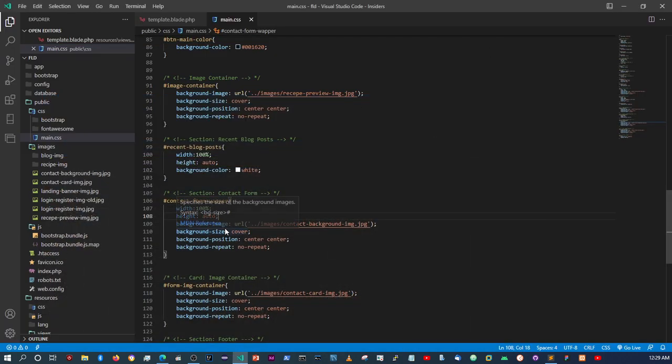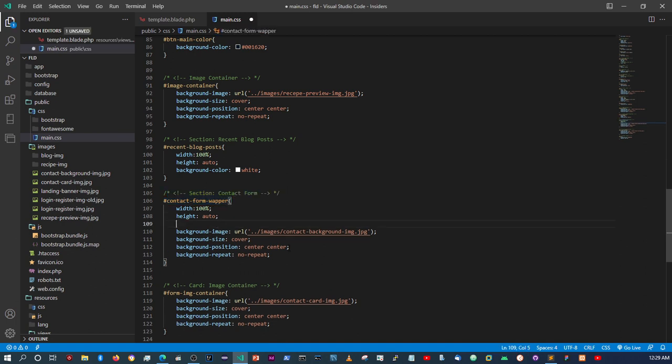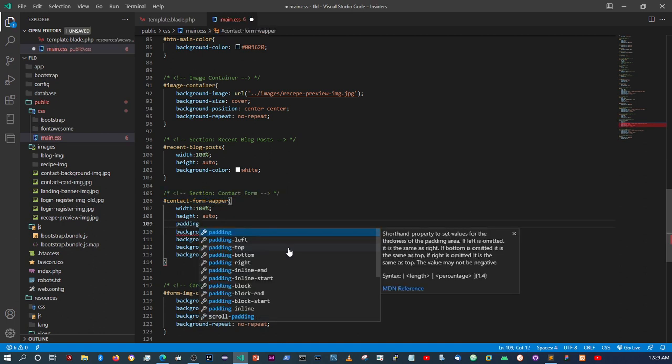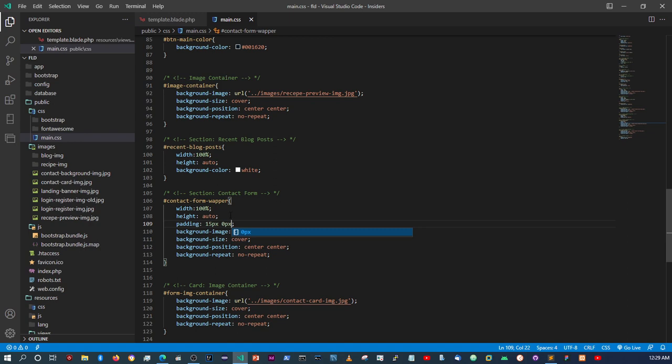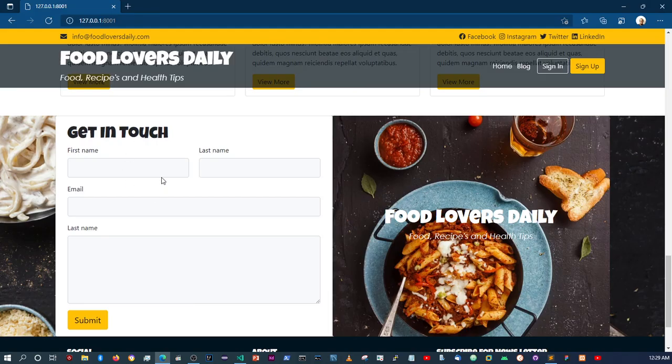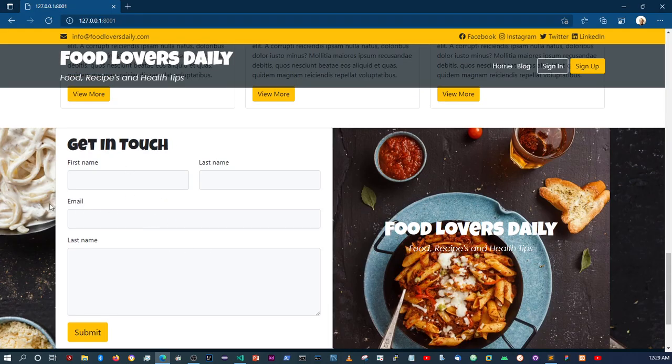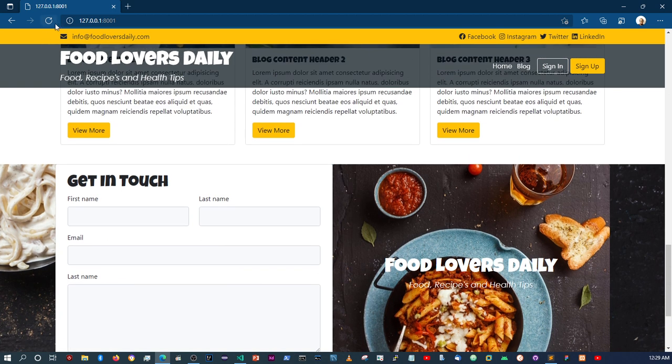We can use Bootstrap, or we can do it right here within the CSS file that we have. So let's just say padding, and then top and bottom we're gonna give it 15 pixels, and then left and right 0 pixels. The reason is that by default the container class that comes with Bootstrap gives it a bit of a margin at the left and right. So if we refresh,